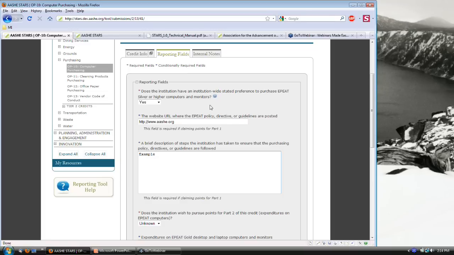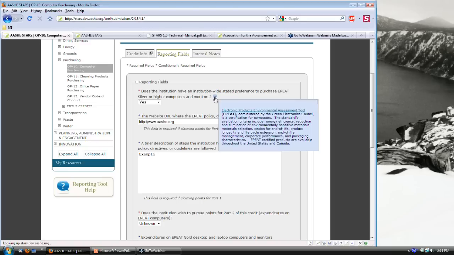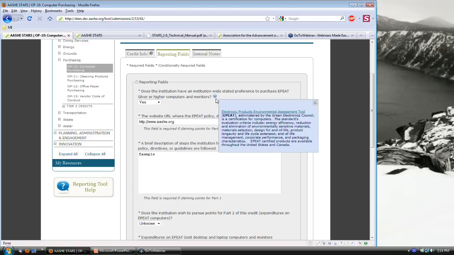Another thing, just going back up here to point out, is this little question mark icon. You'll see this icon throughout the STARS reporting tool. If we click on it here, a little help text pops up. So in this case, it's a little bit of background about EPEAT, about the standard. There's even a link here that we could click on to be taken to the